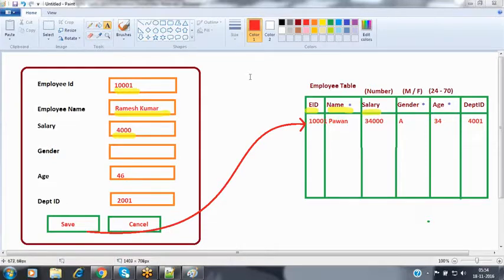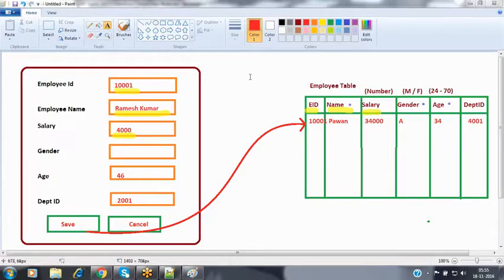Okay. Now, as soon as the user clicks on the save button, the validation rules have to be fired. It has to validate the data before saving the record into that associated object. Validation rules always fire before saving the record into that associated table, not after saving. Before saving the data into that table, first of all, I want to validate the information entered by the user in the user interface.